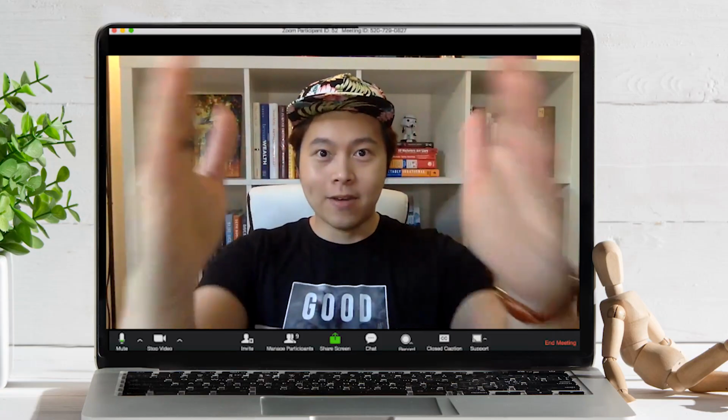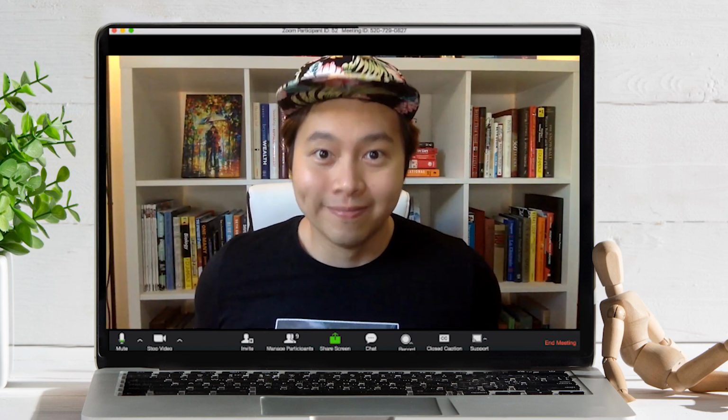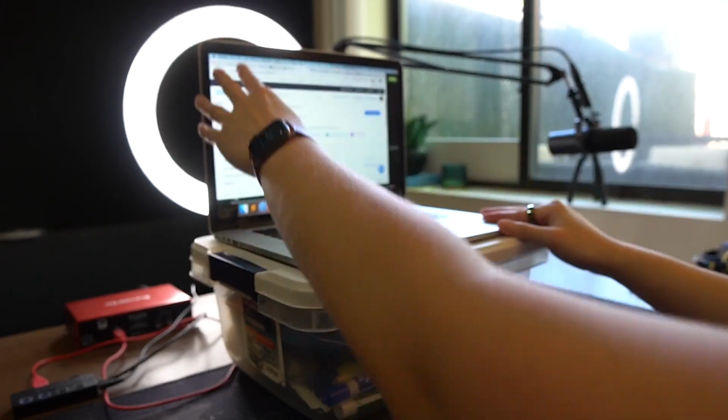So you can either use eye level or slightly above. I personally like to use slightly above eye level. What this will do is give you a little bit more shadows in your chin and elongate your face as well. Because if I'm kind of doing this, it elongates your face, and essentially that's going to make you look a little bit thinner, and it's just better and more flattering. Now, if you have a table that's too low, you could also just use a box or a container or even books to prop up your laptop